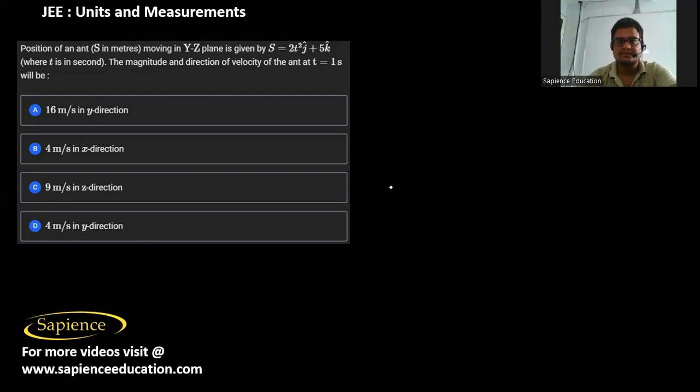So here it is told that the position of an ant s in meters moving in the yz plane is given as s equal to 2t square j cap plus 5 k cap, where t is in seconds. The magnitude and direction of velocity of the ant at t equal to 1 second is,